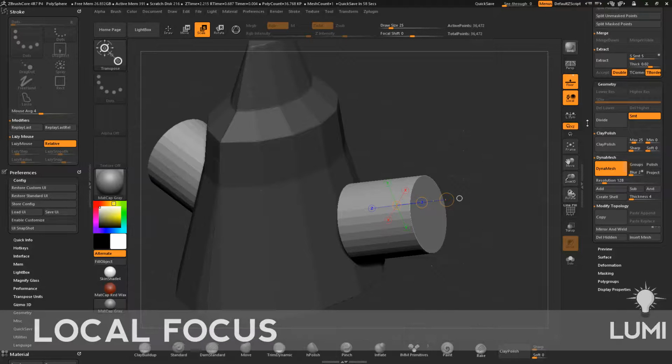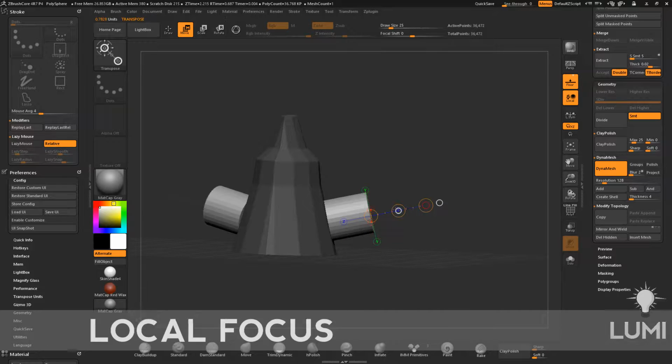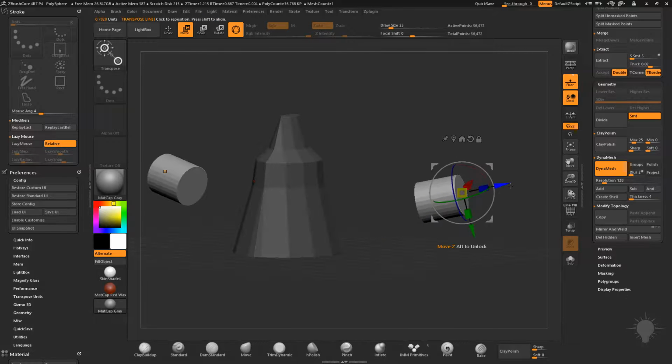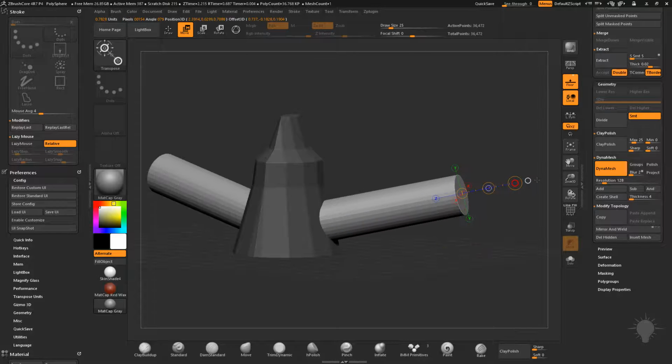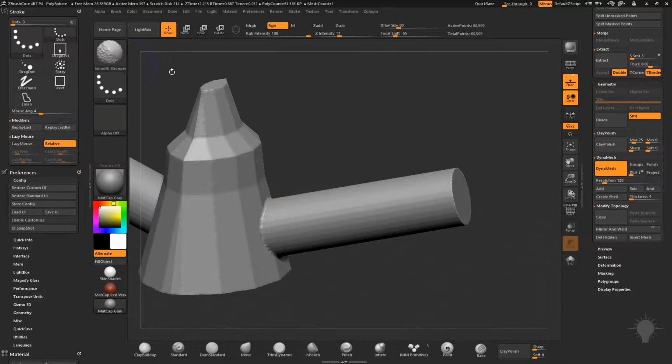Another thing I should have brought up is that by default this local option is turned on. What that means is I'm going to use W. We'll move this way out, and then hold down W and Shift and just pull this out. So now let's say I Dynamesh these together, and this is a fire hydrant man or something, and I'm sculpting,